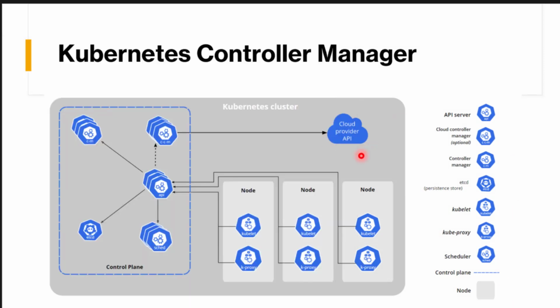Okay, so let's talk a little bit about the Kubernetes Controller Manager. The Kube Controller Manager is a core control loop daemon which interacts with the Kube API server to determine the state of the cluster. If the state does not match, the manager will contact the necessary controller to match the desired state. There are several controllers in use, such as endpoints, namespace controller, replication controller, deployment controller, job controller, etc. The full list has expanded as Kubernetes has matured.